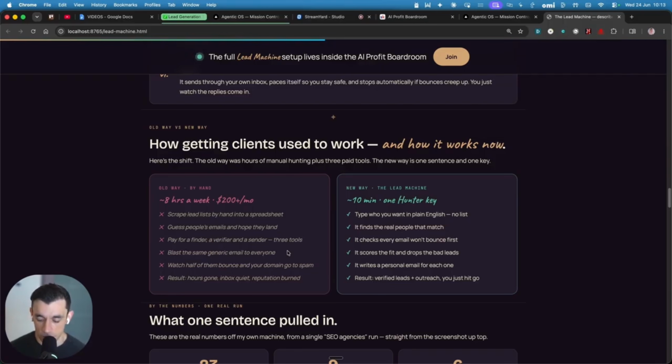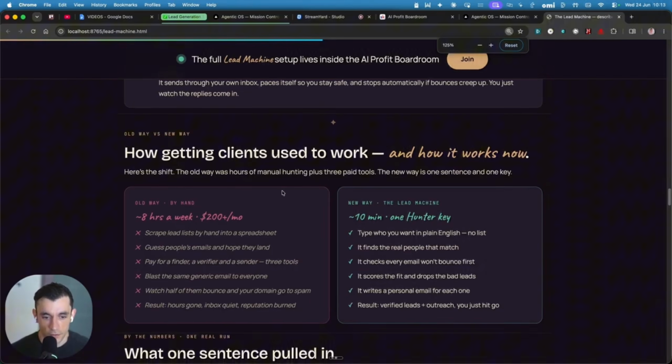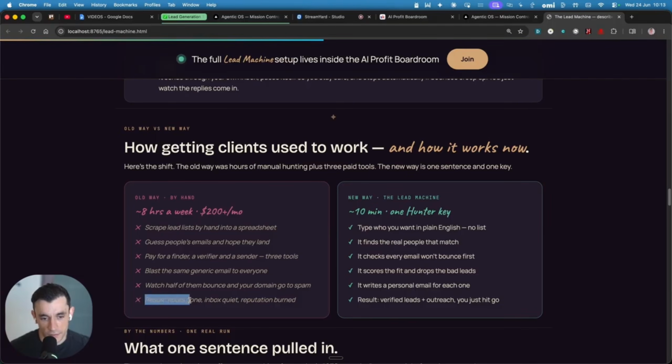Your outreach emails wouldn't be very personalized. And the results are a lot of hours wasted. And then you reach out to websites that are not relevant or the right fit. With the new way, you just type what you want, it finds the right people, checks everything, scores everything, writes a personal email, and the end result is you get actual good leads and you've automated the outreach,